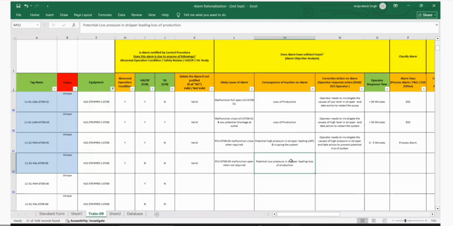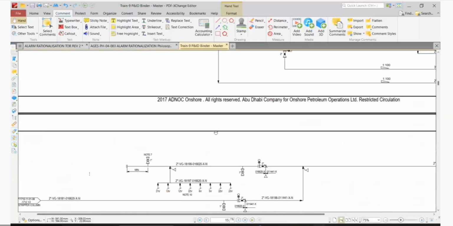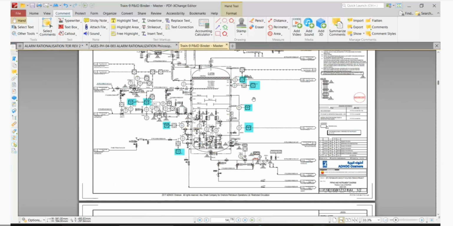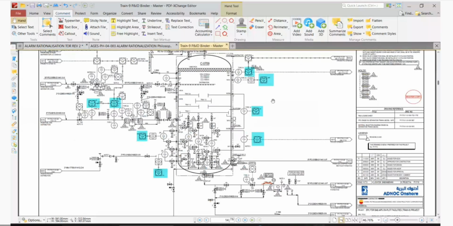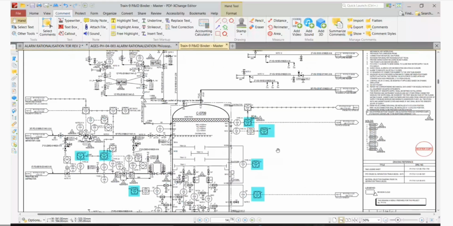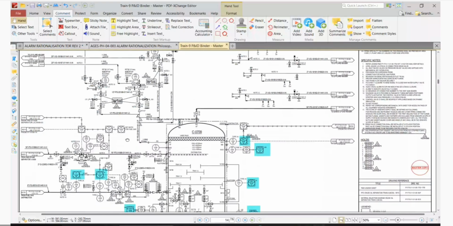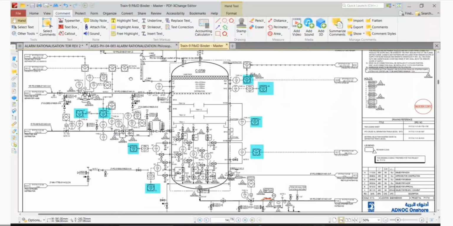Yes. Can you go back to the P90? I'm sure we have PAL. This one. No, we don't have stripper low pressure. We don't have low pressure trip. No, wait a minute. Okay. I don't have PLL here. Okay, we don't have it. Hmm, it's not